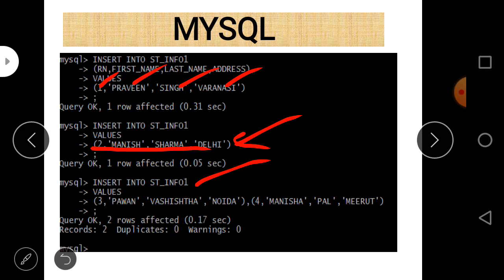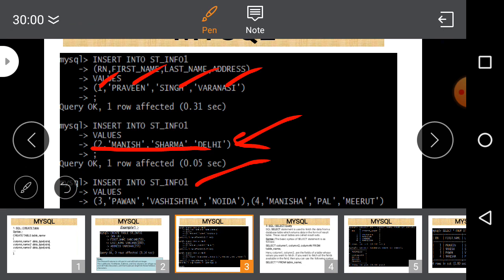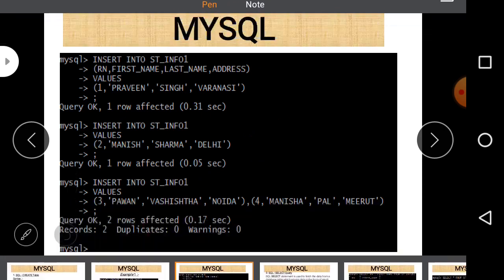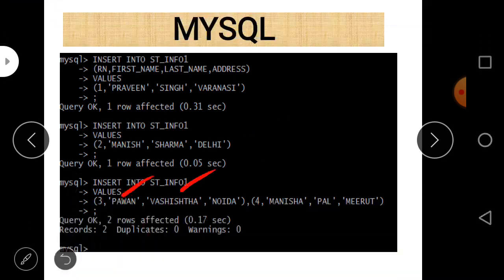The third important thing is, if you want to insert data into more than one row, this is also possible. You can just write insert into the table name and then values, and then value set 1, meaning one row, within parentheses, after that a comma, and then set 2 again within parentheses. So you can insert data using a single insert into command in this manner. You can easily see that 2 rows recorded when we execute this command.